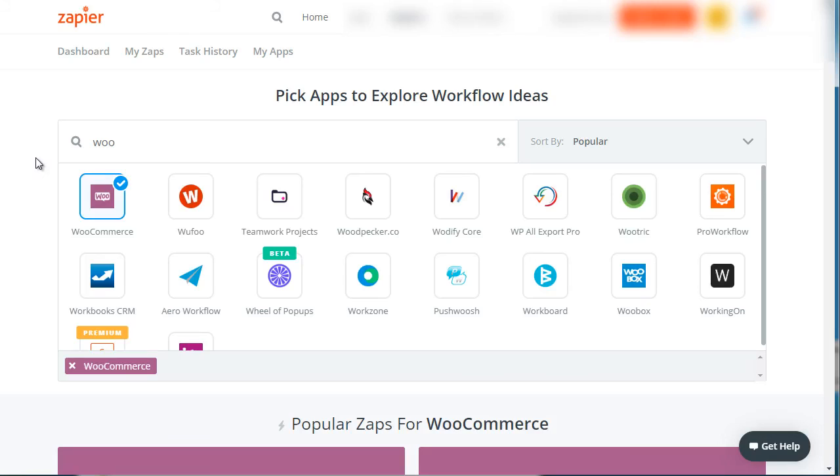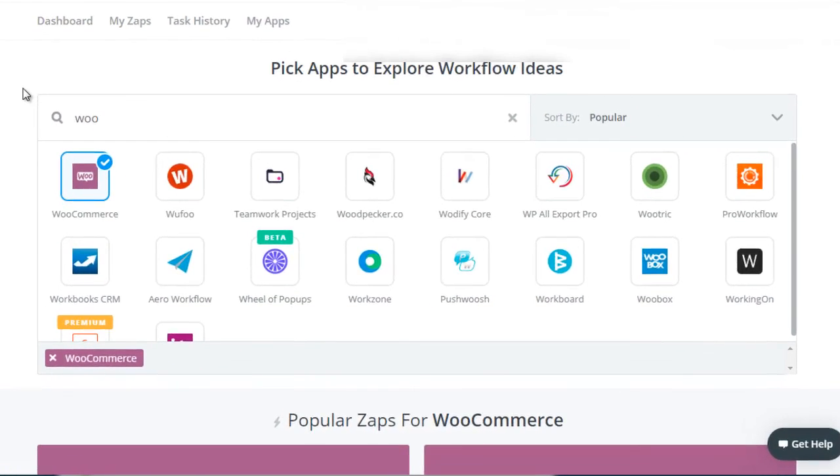And if they don't respond, let's say within 72 hours, you could email them a 10% discount coupon. So there are a variety of things that you can do in terms of Zapier. Now, I just want to show you as an example, if you go to Zapier and you log in,